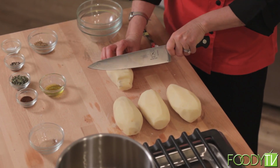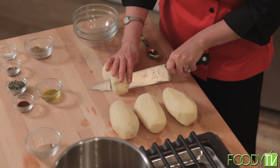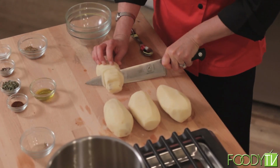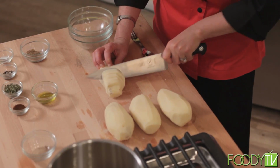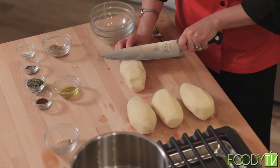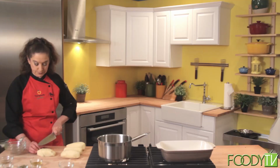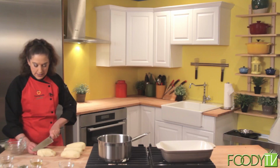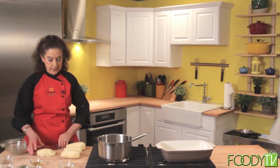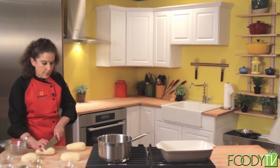And as I cut, I like to lean back a little bit because if you cut on the bias or on the angle, you can spread this out. It makes a prettier arrangement when you put it in the pan. You can get real cute and go real thin, or I just like to go about 1/4 inch. I'm going to go ahead and cut all 4 of these, and as I go along and finish that,